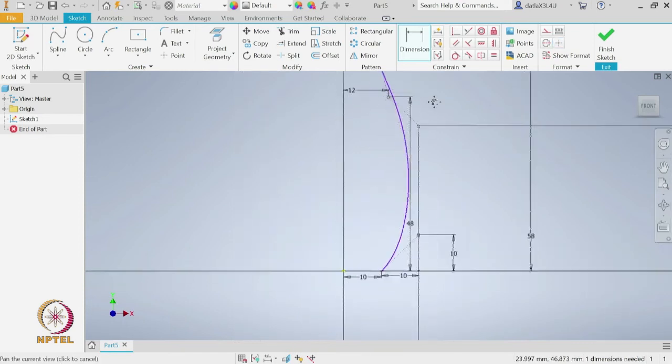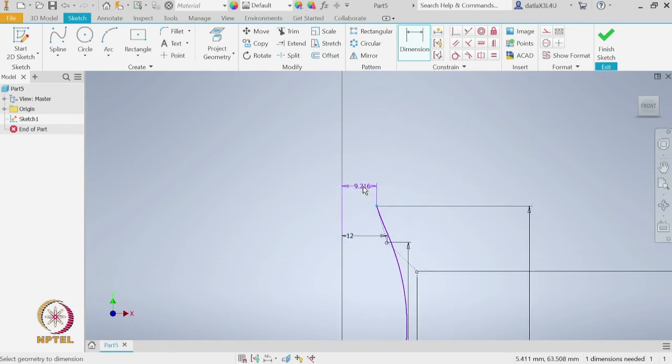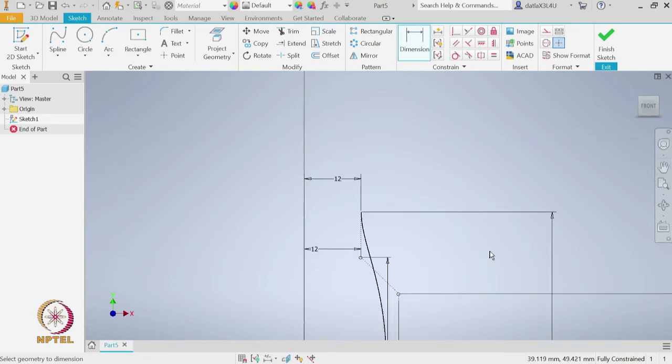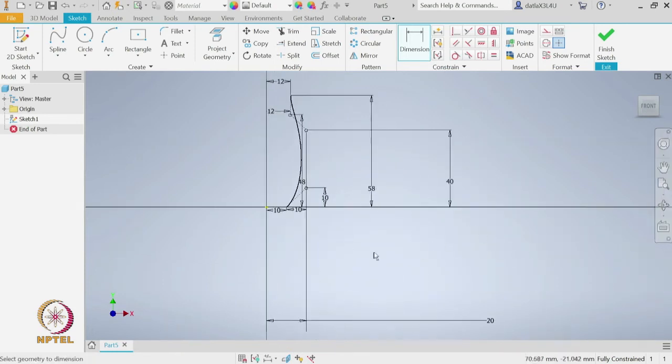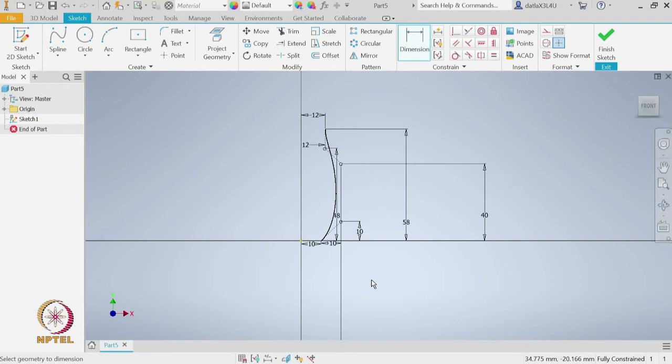And this end point with the origin makes 12 units in the x axis. Okay. So, with this we have completed the spline curve.